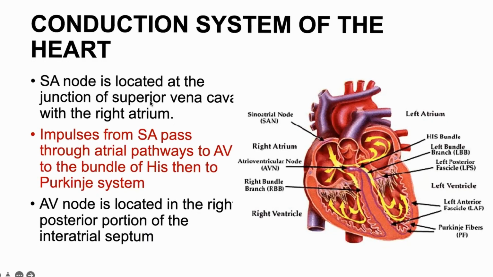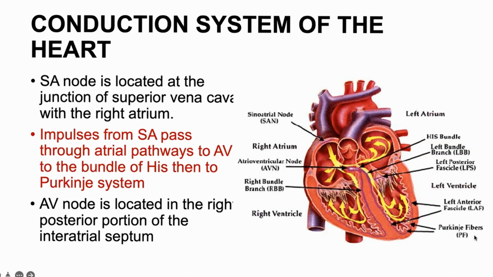And I already told you all of this, the location of the SA node in the right atrium, and the impulse will pass from the SA node through the atrial pathway to the AV node, to the bundle of His down here, then to the Purkinje system. So it's just basically where the impulses will be transmitted. So the pacemaker is here in the SA node, and the impulses will be generated to the atrioventricular node, down to the right as well as the left bundle branch, and